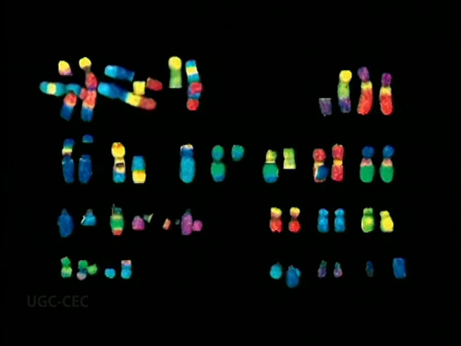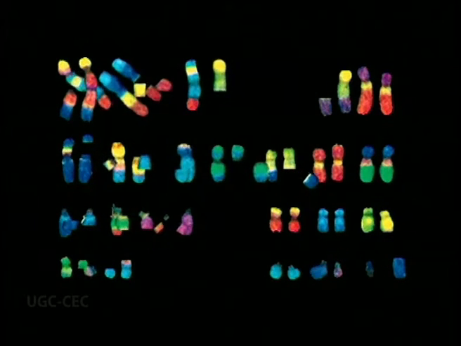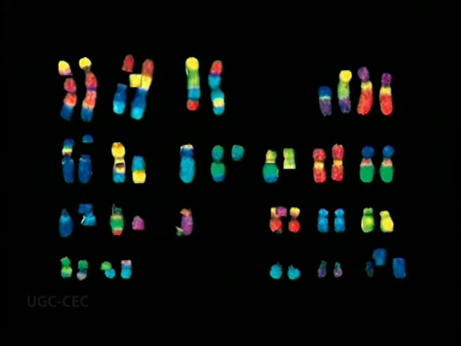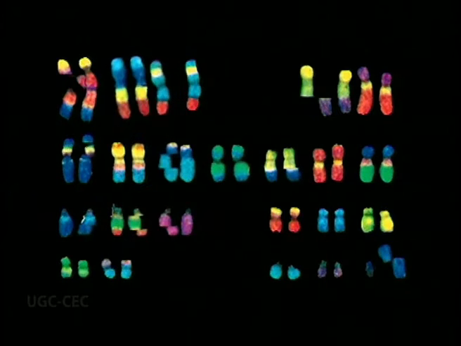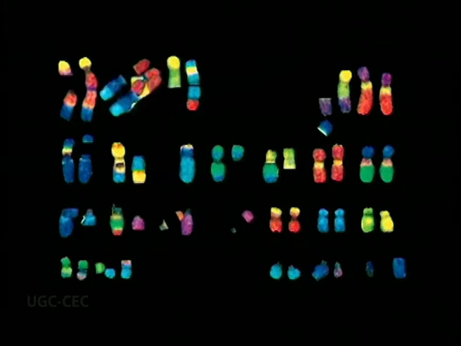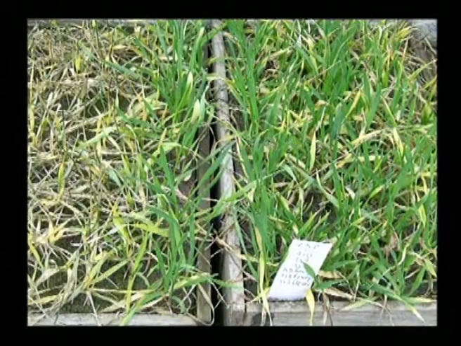Chromosomal breakage occurs spontaneously in a low frequency. However, they can be induced in a relatively high frequency by several radiations and chemical agents. In addition, some genes are also known to induce chromosome breakage, like the activated dissociator gene of maize and other transposable